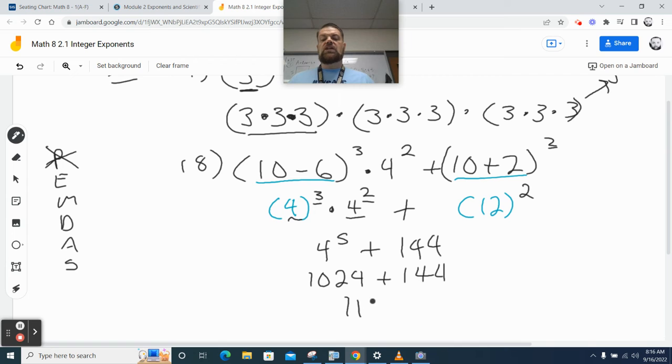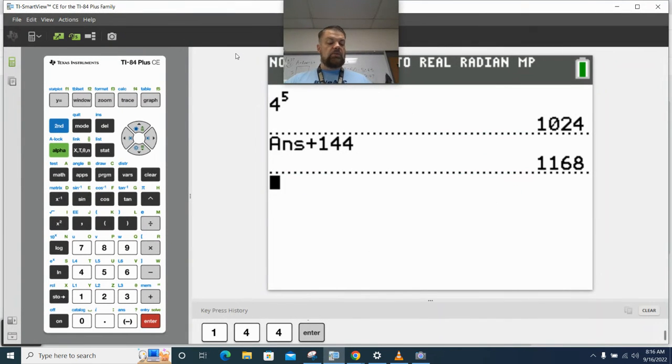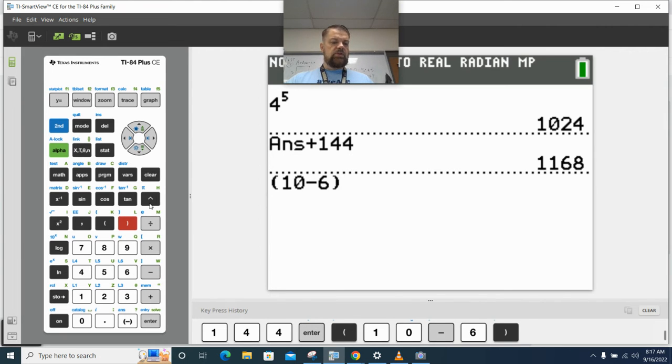Now watch this. You want to be shocked and awed? I can do the whole problem in my calculator. This is how you double check your work on the PSAT and M-STEP. I don't know if they let you use the TI calculators on M-STEP. I have to think that one through. So I've got 10 minus 6. This is the original problem. Raised to the third power times 4 raised